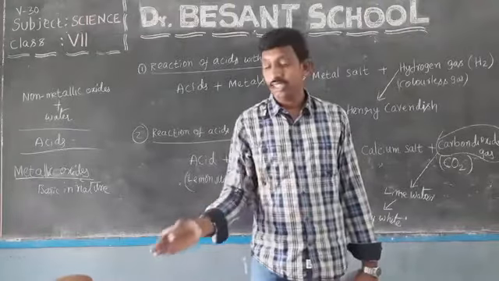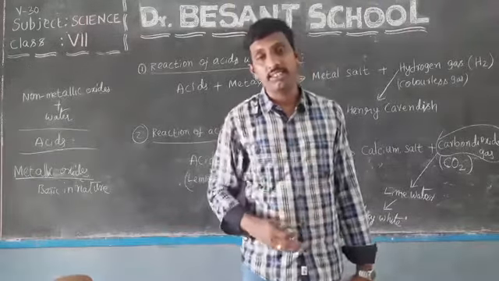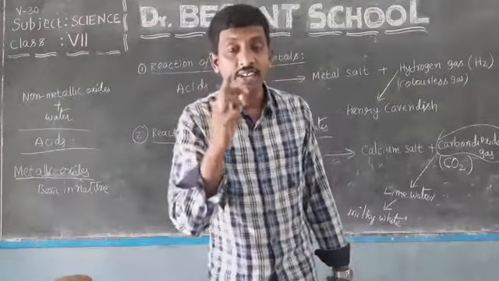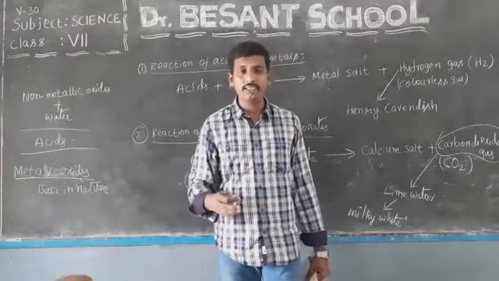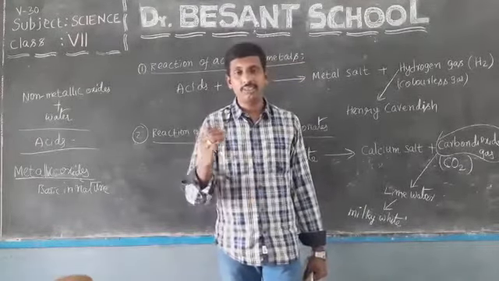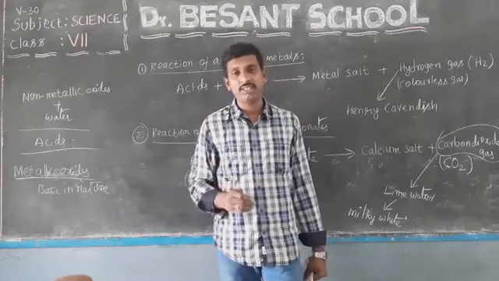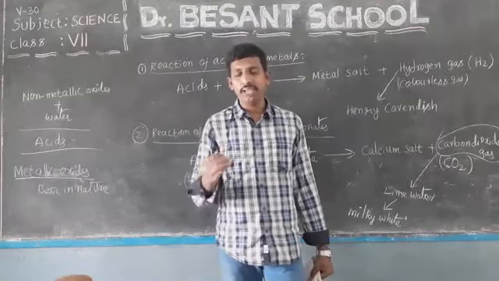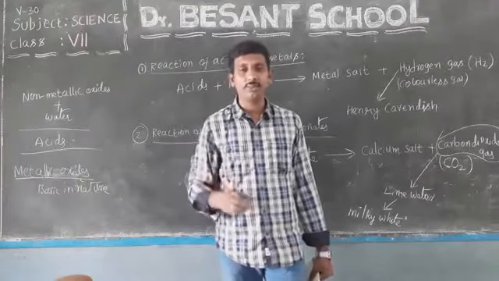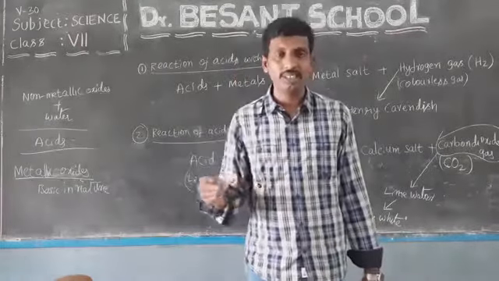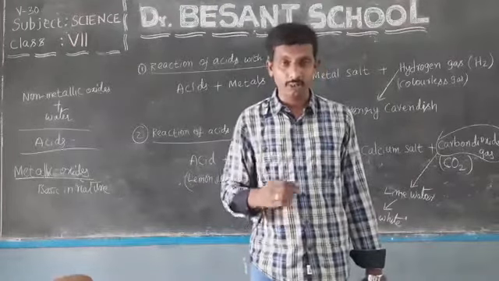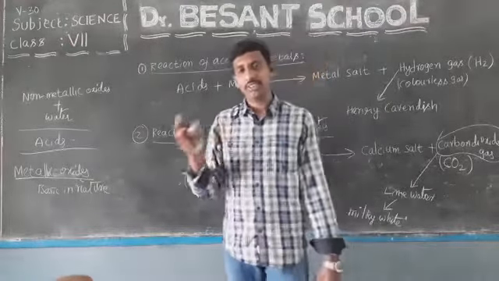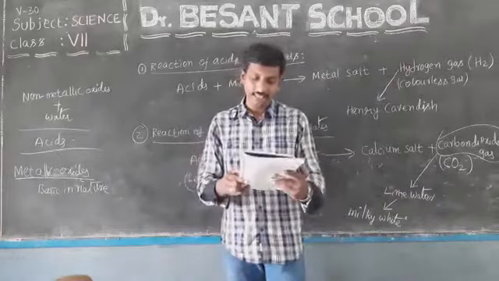Not only that, it spoils or reduces the fertility of the soil, because soil also has some pH value. Because of this acid rain, the pH value further reduces. Therefore, it makes life difficult for the organisms present in the soil, like earthworms and other microorganisms, which are very much helpful for plant growth. Okay, so these are the things we have discussed regarding acid rains.